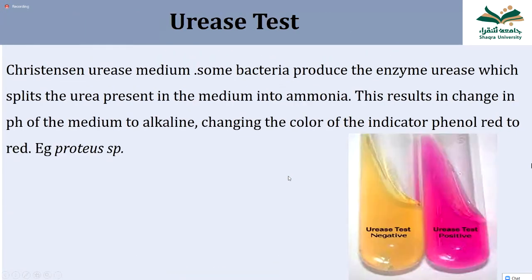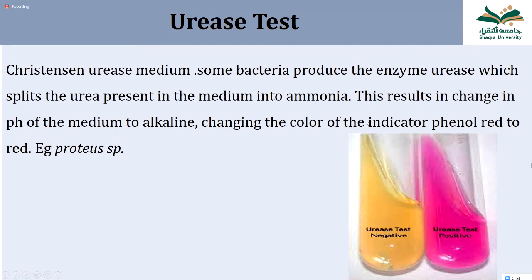Doctor, the hydrogen from the water... Please ask again. The hydrogen that ammonia accepted from the water, from NH2 to NH3. That is a different issue you are discussing here. Here we are not using any water. We are using the bacterial colony from the culture plate and we put it directly into the urease test medium. There we are not using any water. How does it accept the H, Doctor? Because urea converts to ammonia. Urea, NH2, and ammonia, NH3. How did it come?